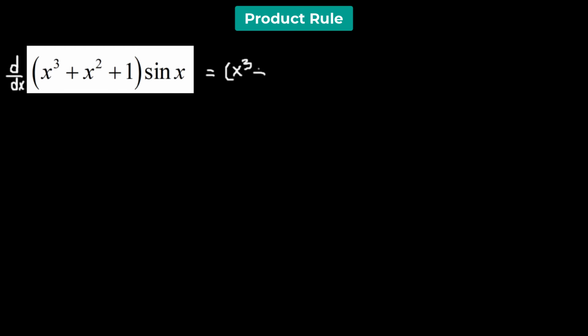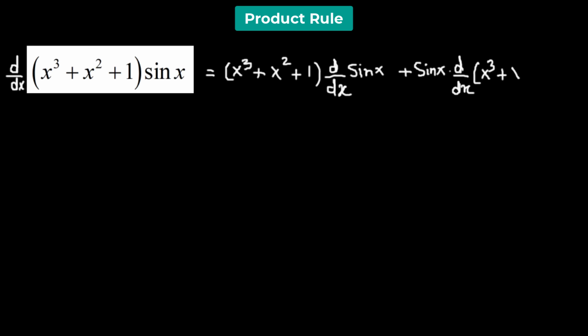So we have x cubed plus x squared plus 1 multiplied to the derivative of the trigonometric function sine of x, plus sine of x multiplied to the derivative of the cubic polynomial x cubed plus x squared plus 1,